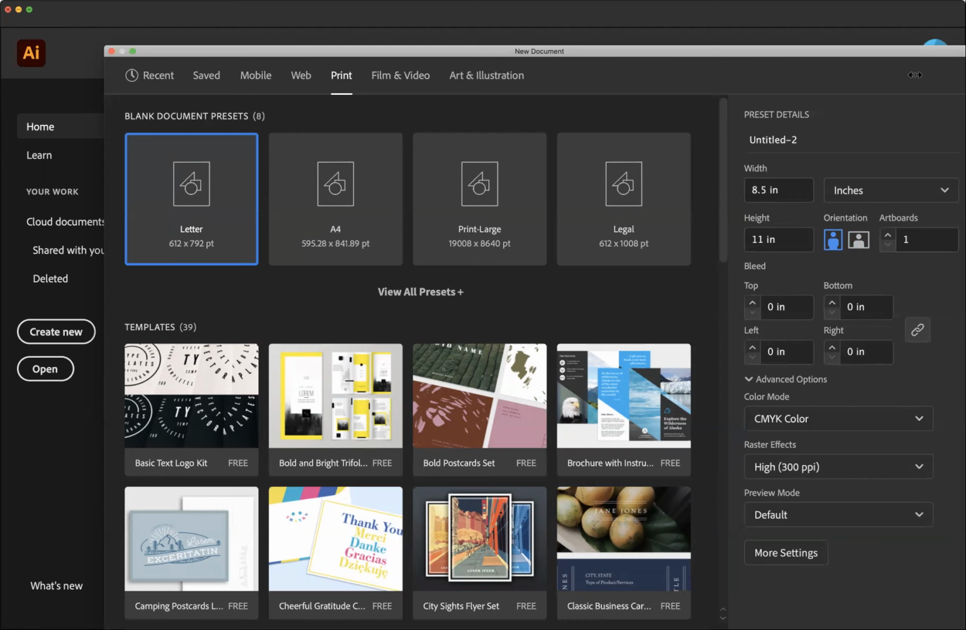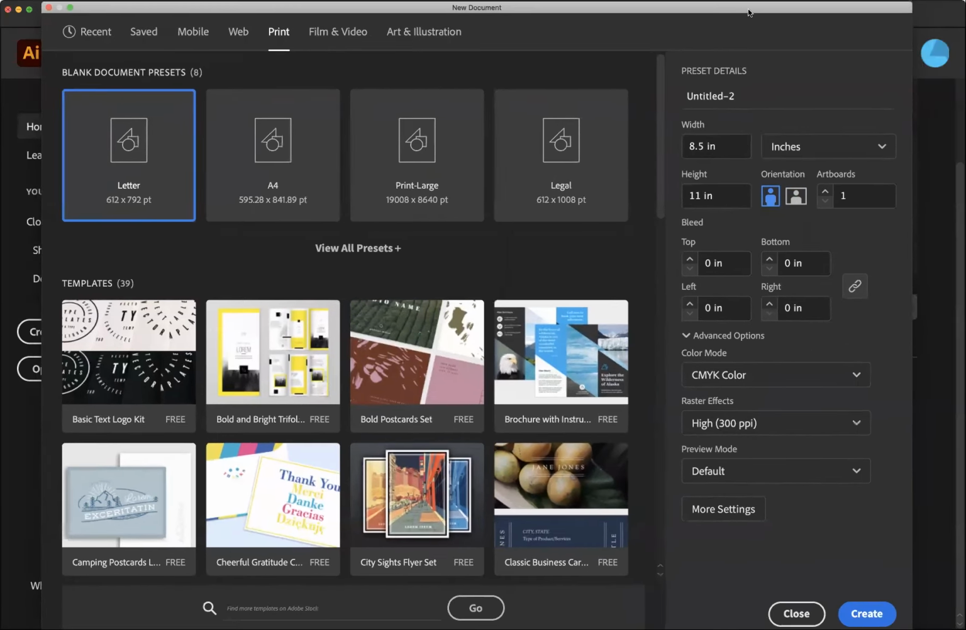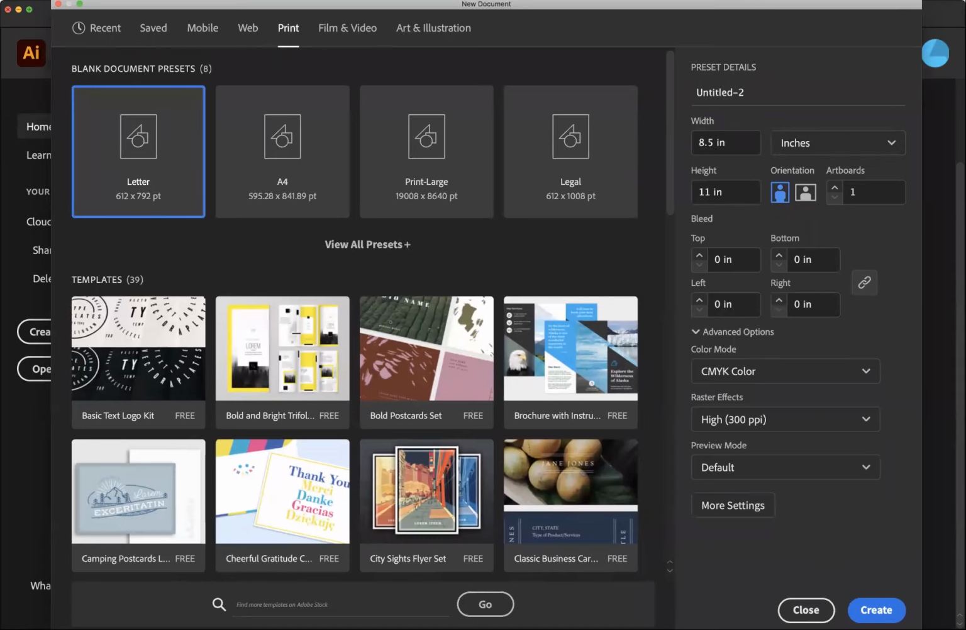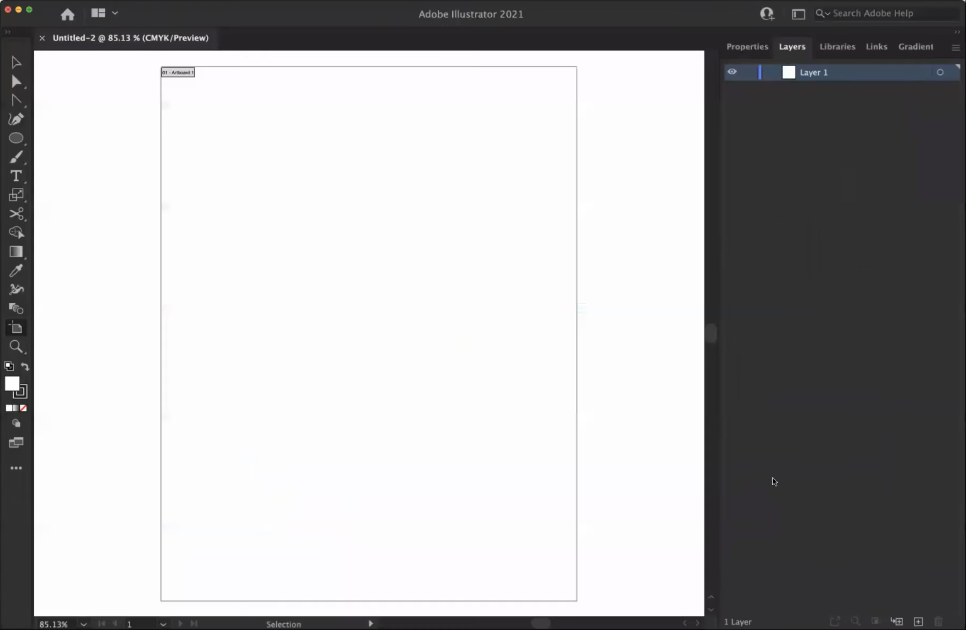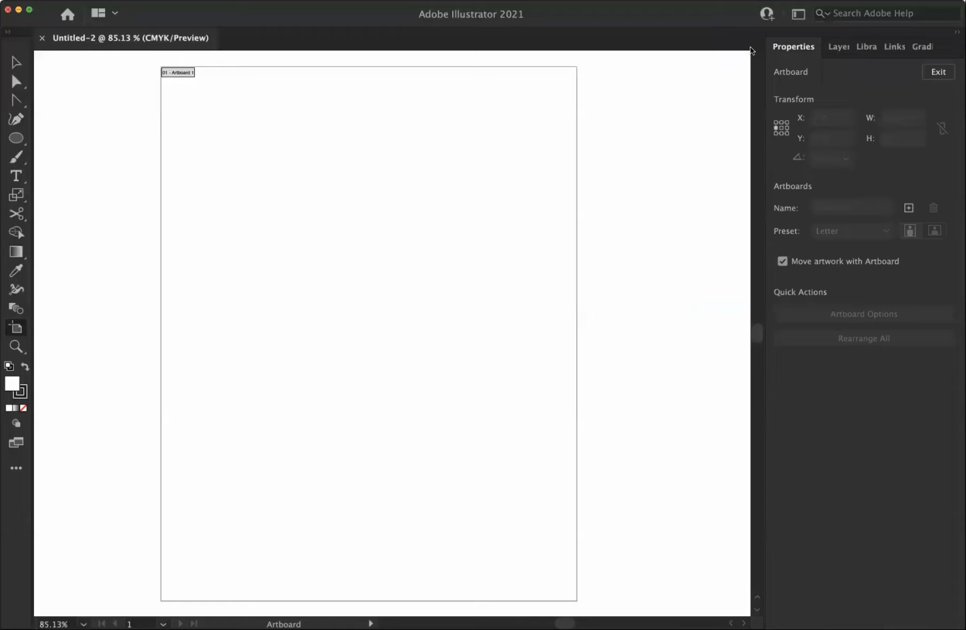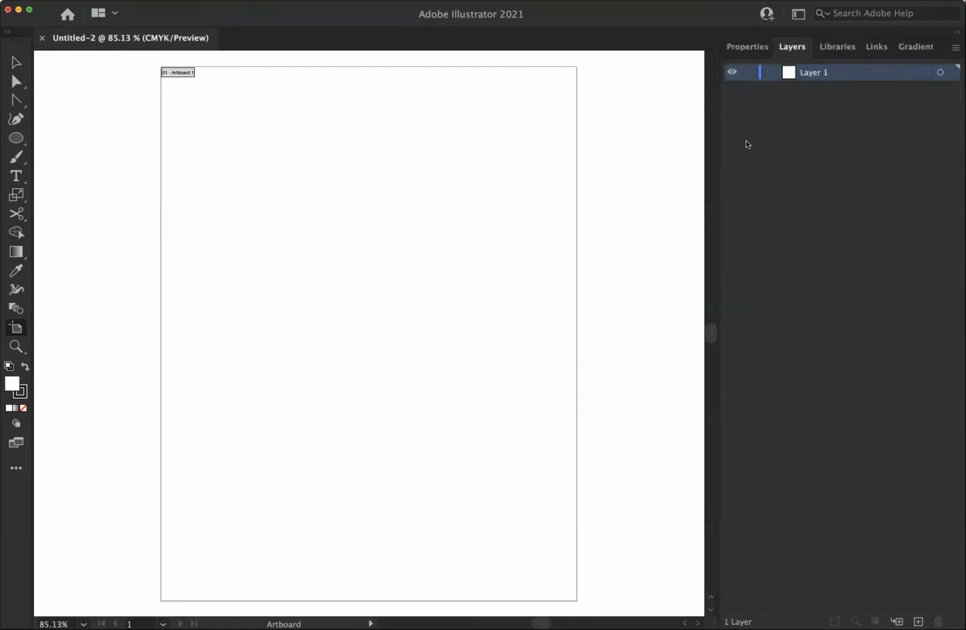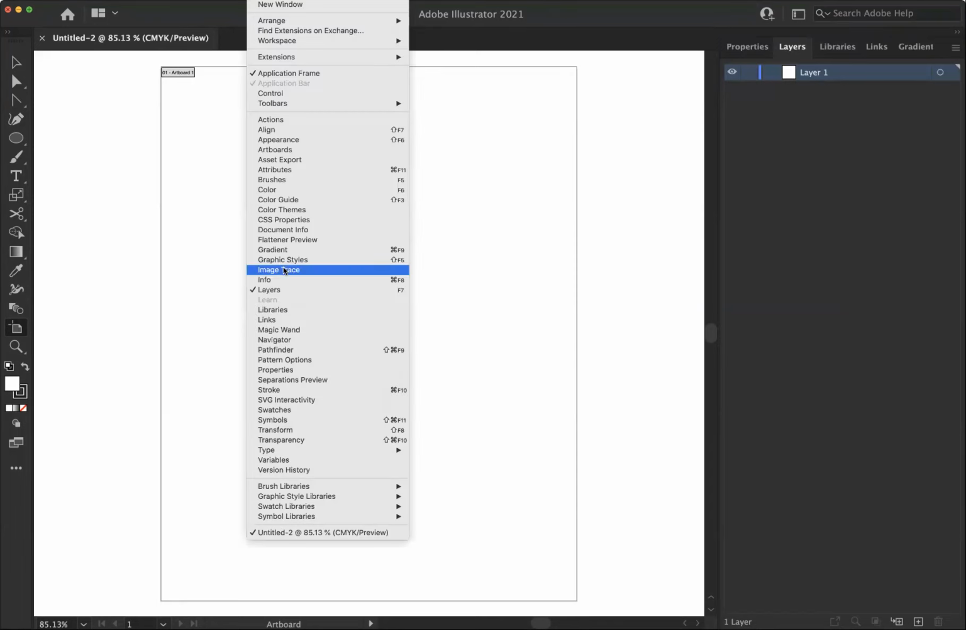So I'm going to click on Create. And I have a new page. Go to Properties. Layers. Okay, before we go to that, I'm going to go to Window, and I'm going to